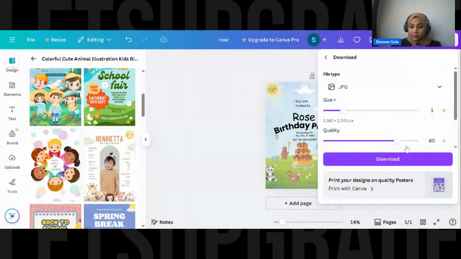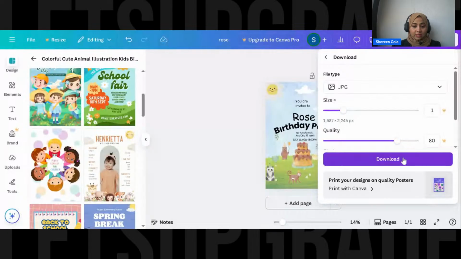You can change the size. The size out here doesn't mean that it will change the size of your artwork. It will change the resolution, the file size on your computer, and the quality. As you can see, there are crown marks out here. You can only change this in Canva Pro. We are using Canva Basic. It's also very good. As a student, it has a lot of benefits. So I don't think you need to upgrade it as of now when you're a student. But when you're planning to start graphic designing full time, then you can invest in it.